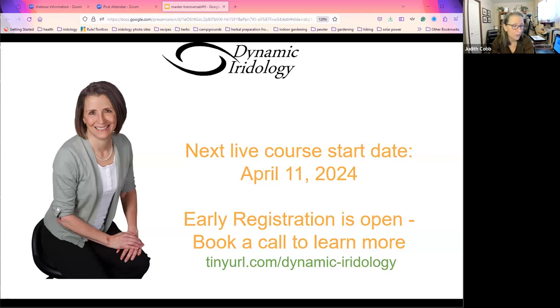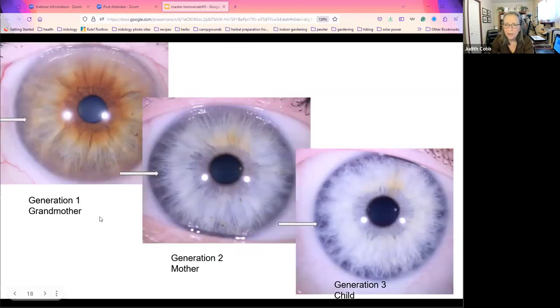Now let's look at a 3-generation study. This will kind of answer one of Chana's questions. So here we have a grandmother. This is generation 1. And we've got lots of transversals here on the lateral side of this right eye, right? We've got a few more down here on the inferior medial side. We look at generation 2, which is the mom, and we see we've got transversals again, not in exactly the same places, but actually pretty darn close to what the grandmother had, right? Pretty darn close. Interesting.